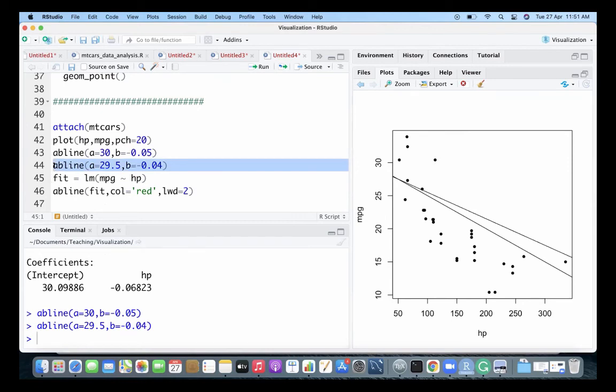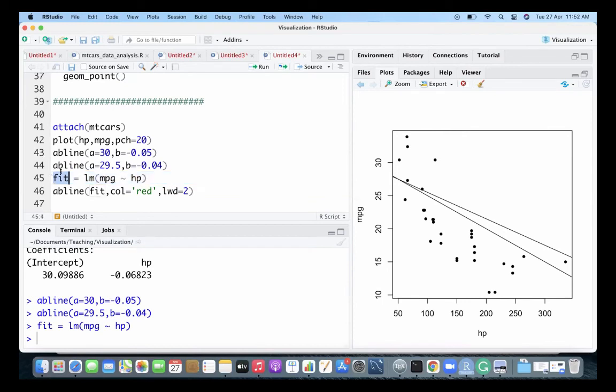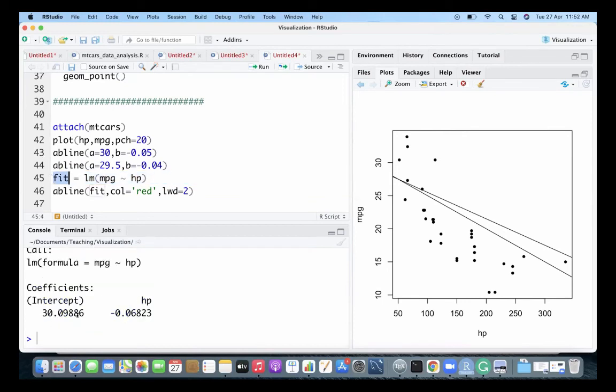So there could be effectively millions of lines that you can draw. Then the built-in lm function uses the sum of squared errors, minimizing the sum of squares of errors, to find the best least square estimate, or ordinary least square estimate. The ordinary least square estimate is a equal to 30.09 and b equal to -0.06.